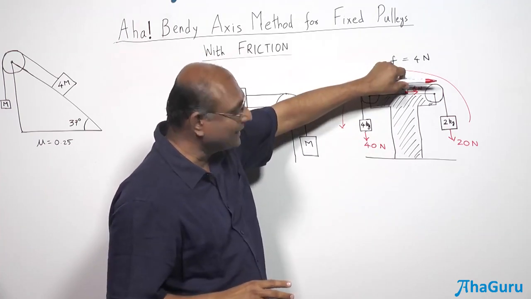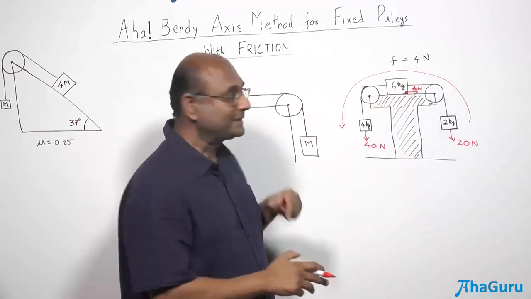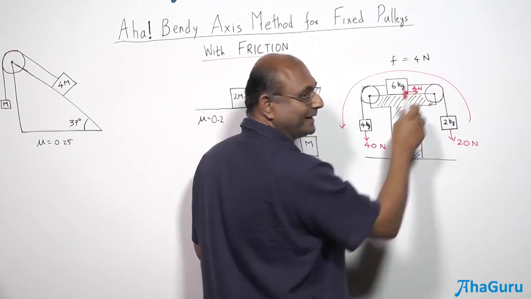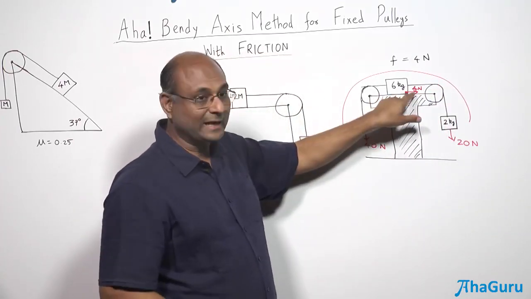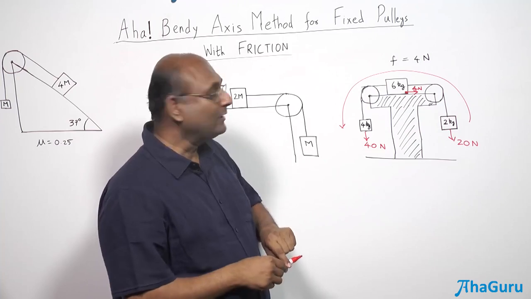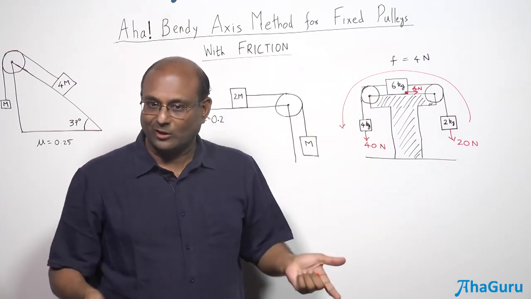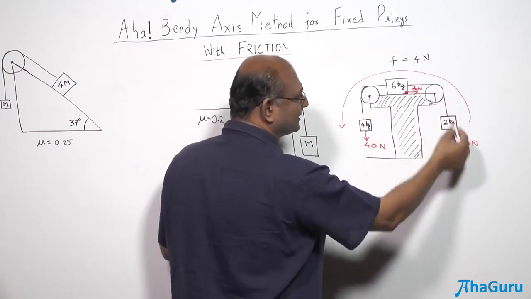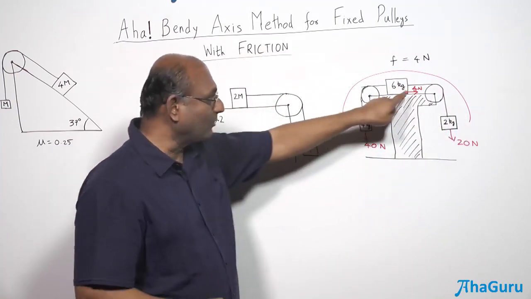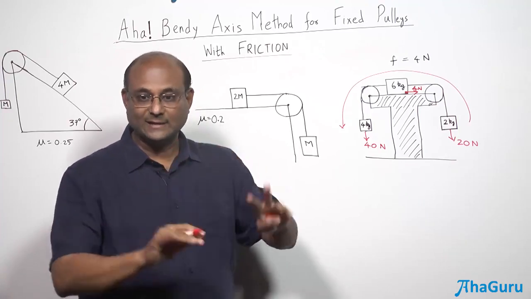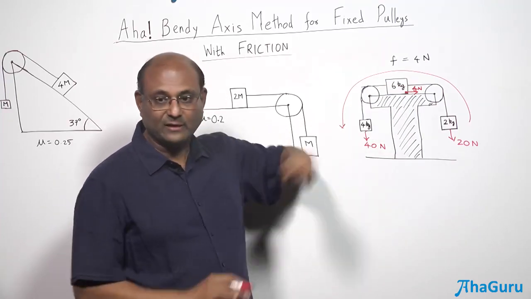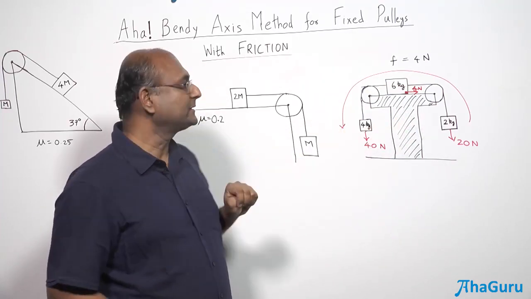This tension, on the other hand, is exerted by the rope, but then there is a corresponding tension on this side, and that will cancel. But corresponding to this 4, the equal and opposite force will be on the table, but the table is not part of your system at all. Right? You are going to take these 3 blocks as part of your system. So therefore, should I count the 4 newtons friction force? Yes. Should I count the tension force here? No. Okay, tension is an internal force.